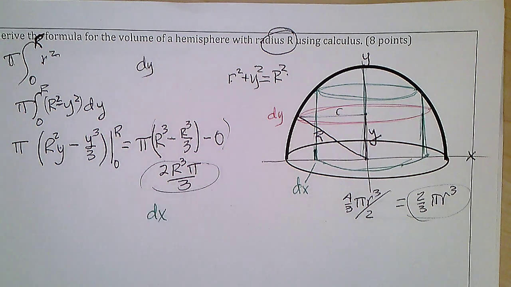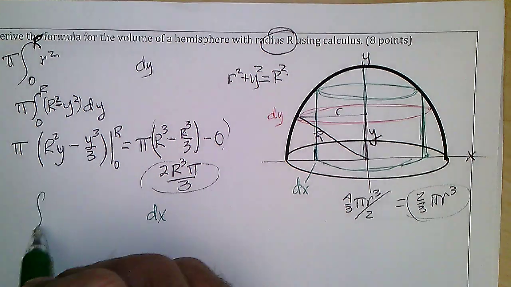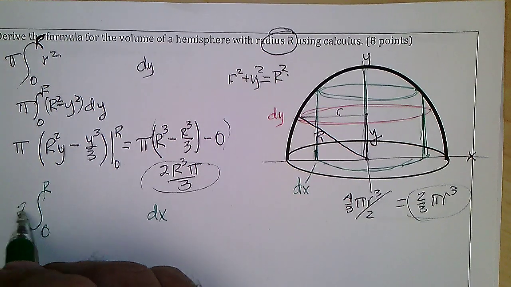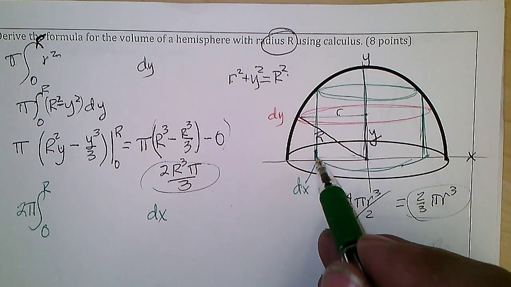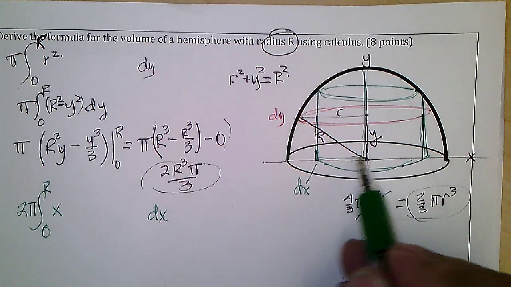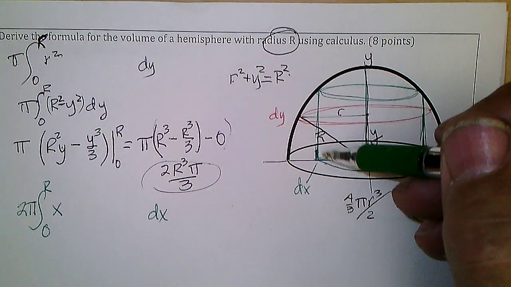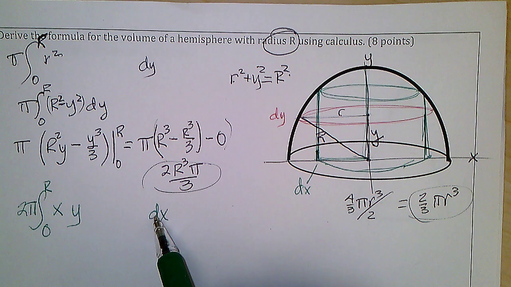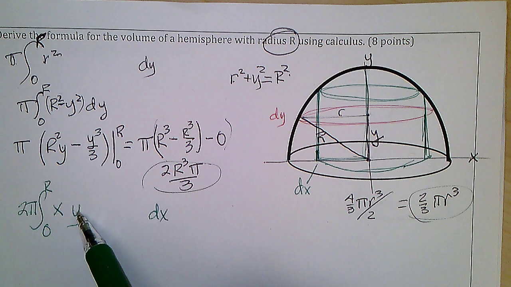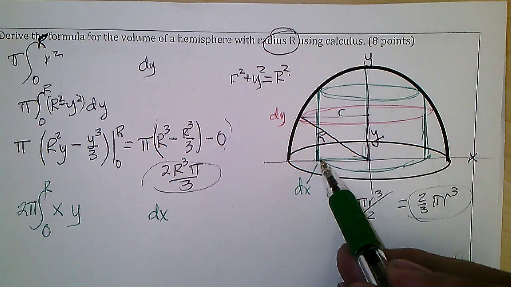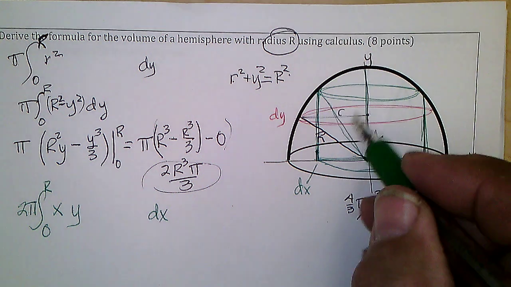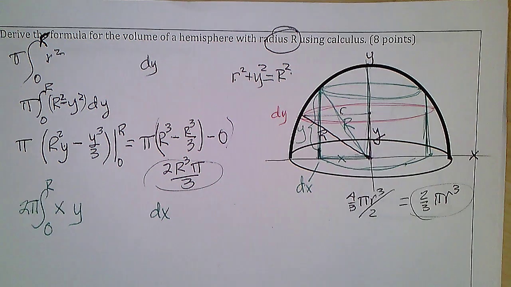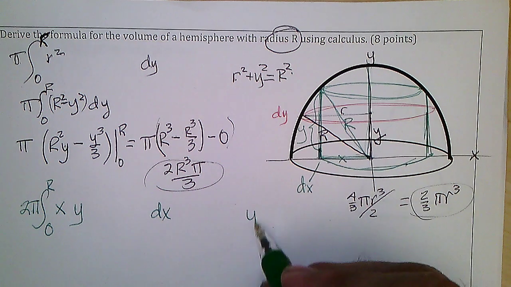So I'd have dx, and I would be integrating x from 0 to capital R, and I would be doing 2 pi r, and r is x, and times the height, which would be y. 2 pi xy dx. But what is y? Well, in this particular picture, there is capital R, this is y, and this is x. So I would have, for y, I'd have y squared,